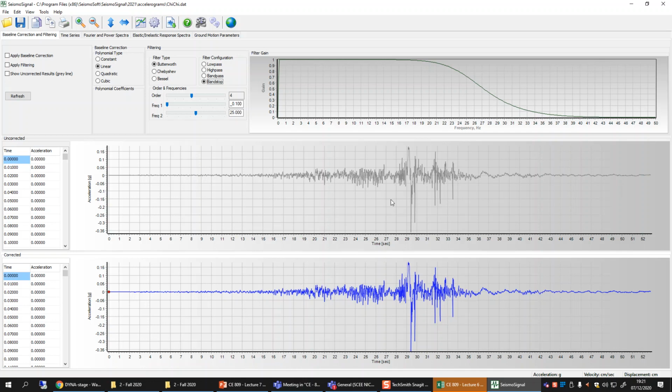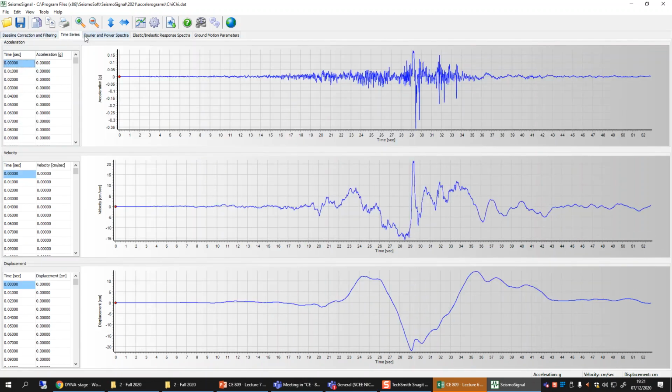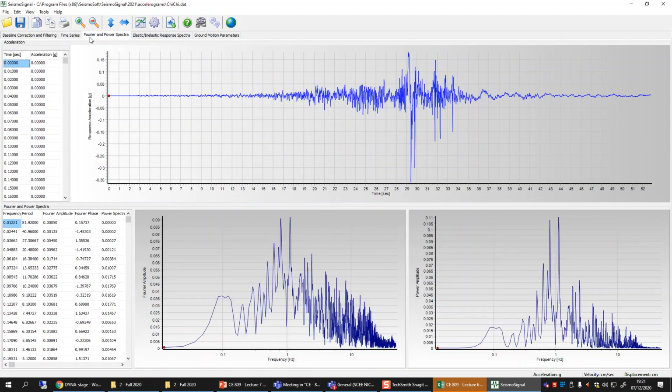So once this process is done, then you can finally go for the next process, which is the construction of the response spectrum or any other kind of spectrum. There are two other spectra. One is called the Fourier spectrum. This one, where we have the Fourier amplitude on the y-axis and the frequency on the x-axis. This frequency can be converted to time period also,